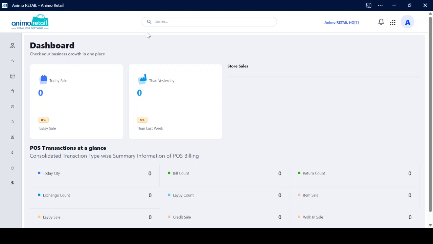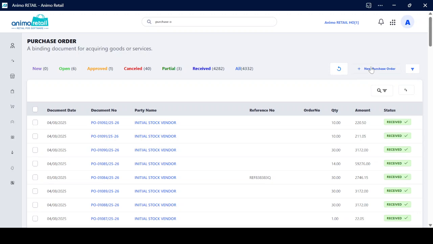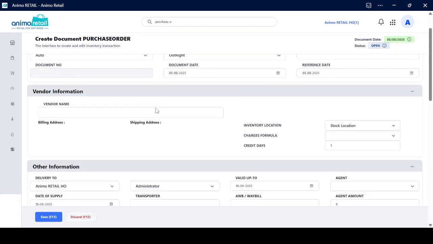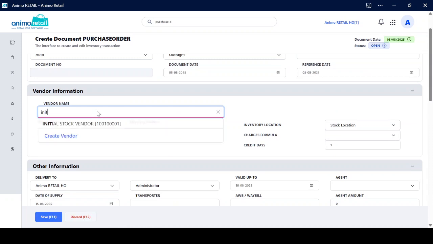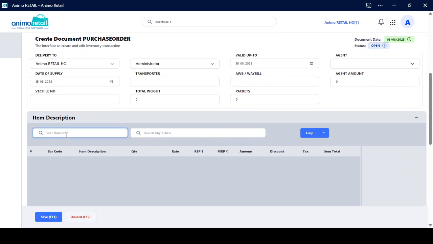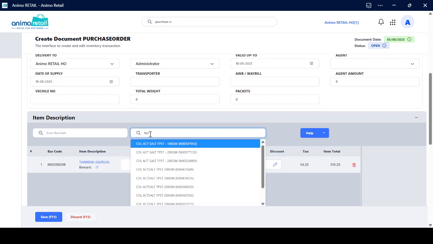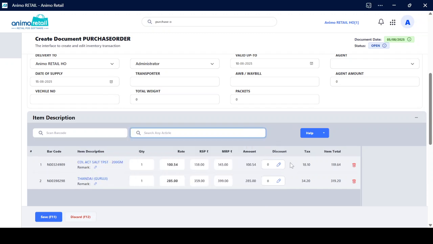Let's go to the purchase order interface first. Purchase order. Okay, now let's go to the new purchase order and select a supplier. Once it is selected, now as you know that we can scan a barcode here, scan an item code or barcode here, or else we can type and search an item, right, like this,